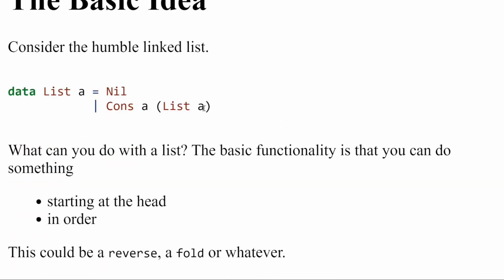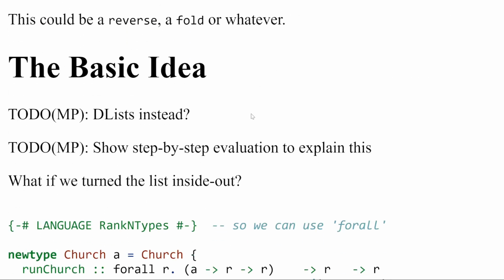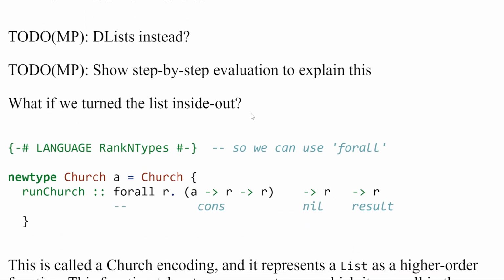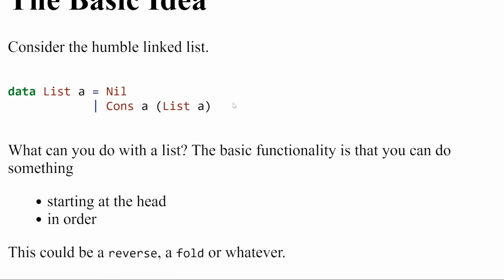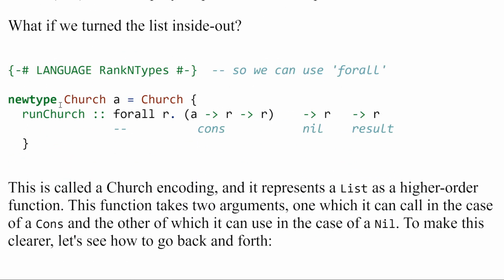Okay, so this is a way to store a list. It's the obvious way to define a list in Haskell. And the idea is you can also encode a list as a function. This is like Church encoding, which I don't quite remember how it works, but I think it's kind of like